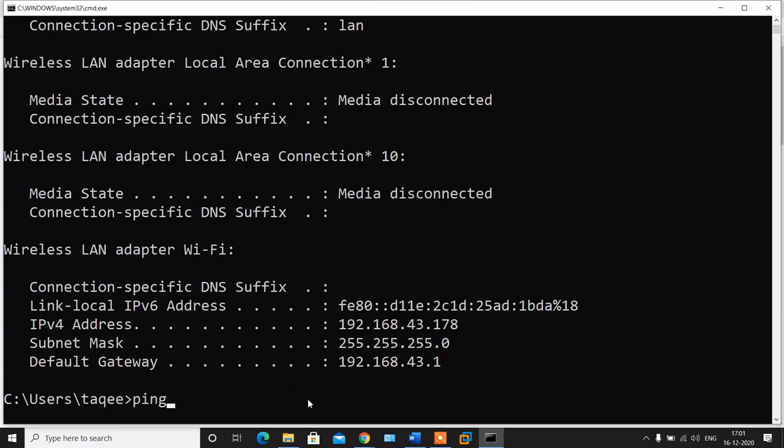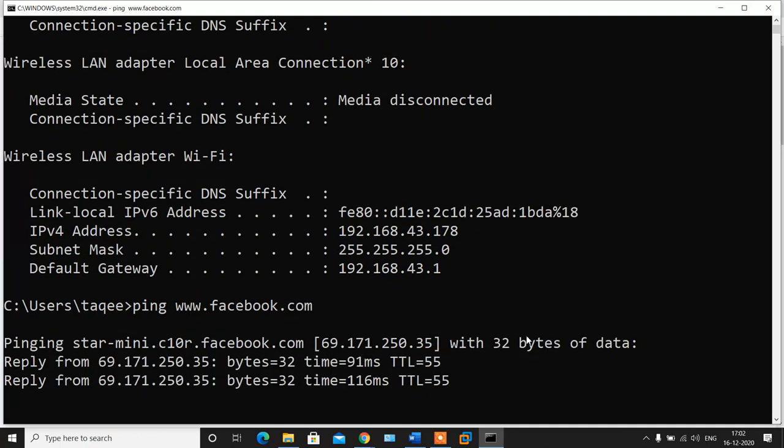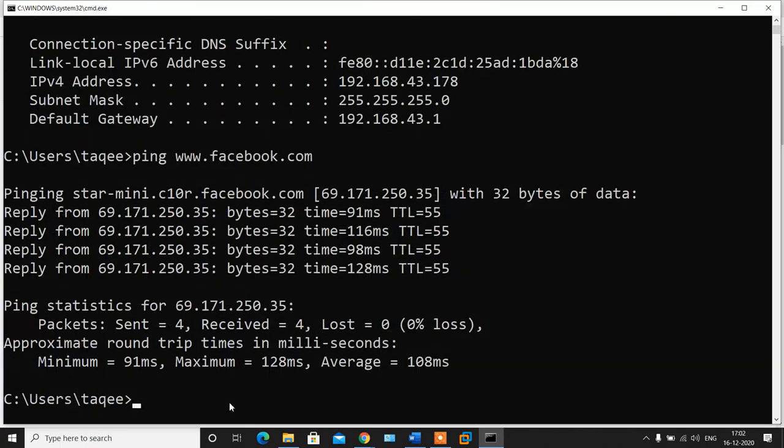Now if you want to see which IP belongs to which company, first you need to get the IP. For example, I want to get the IP of Facebook, so I will ping the Facebook site. Ping is to check connectivity. If the system is there, it will reply. If the system is not there, it will not reply. When I'm pinging it, I'm getting the reply from the server. This is the server of Facebook, and this is the IP of that server, and I'm getting the reply because I'm connected. You can see this is class A, and